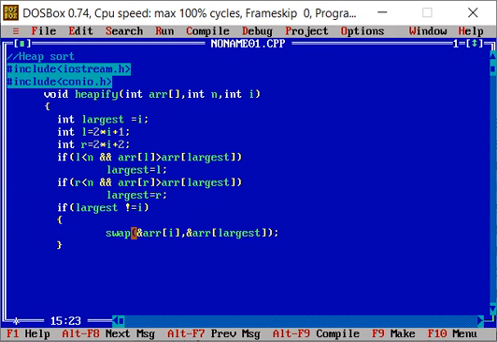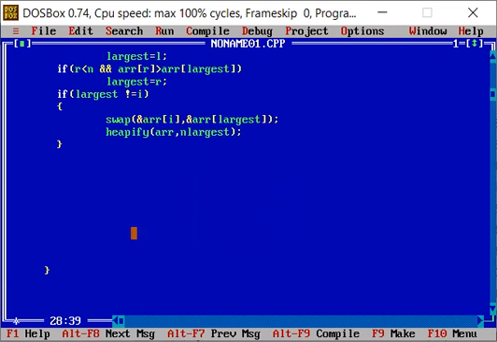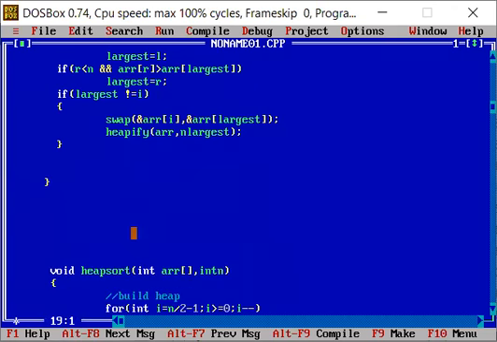After swapping, we know that heapify could be called again because it might not be a heap. So we call heapify with ARR, n and largest. That is the exit condition of the recursion. So recursion is being used here. That's where we end our if and our function for heapify.